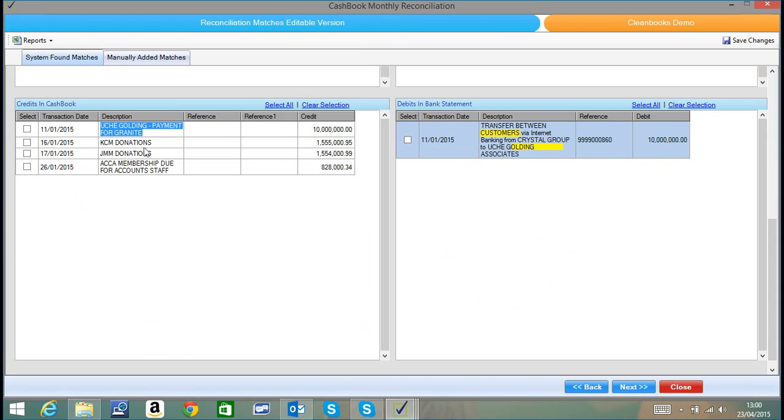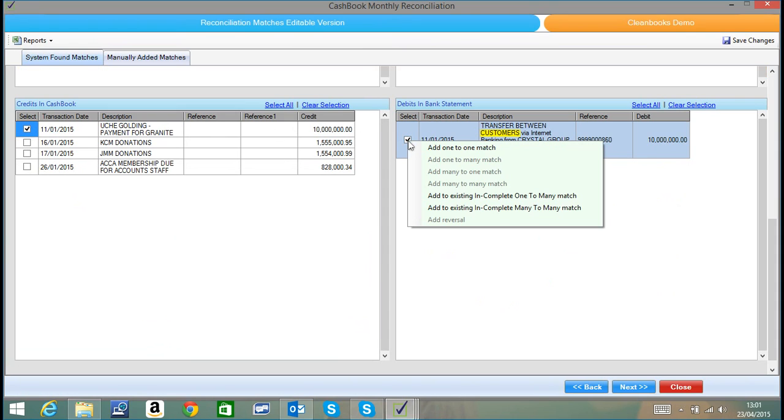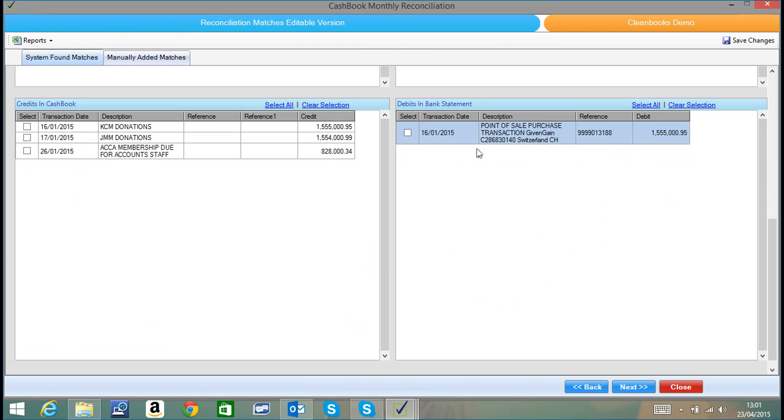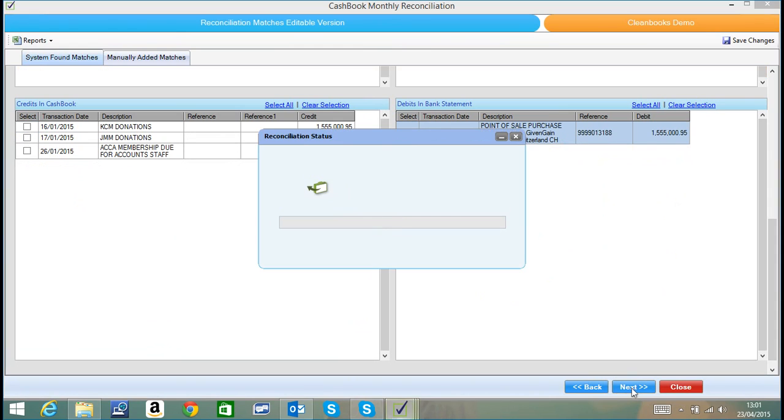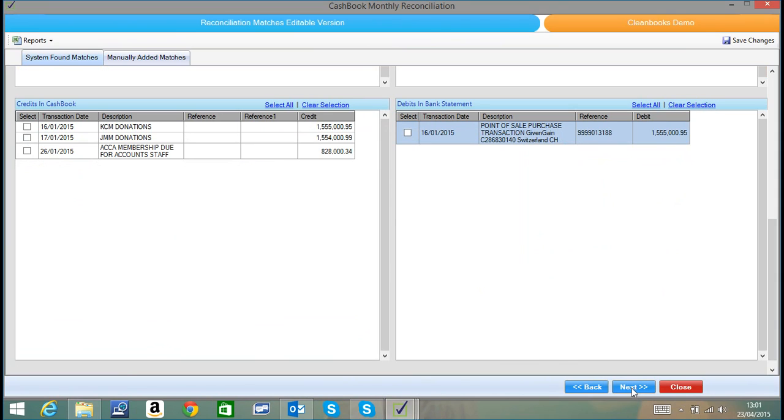So it's still faster. One other feature which you will notice here is that CleanBooks allows you to do one-to-one matches, one-to-many matches, many-to-one matches, many-to-many matches, and any type of match that you can envision with any reconciliation software. So I'm just going to go into the next screen just to show you one of the other features of CleanBooks,